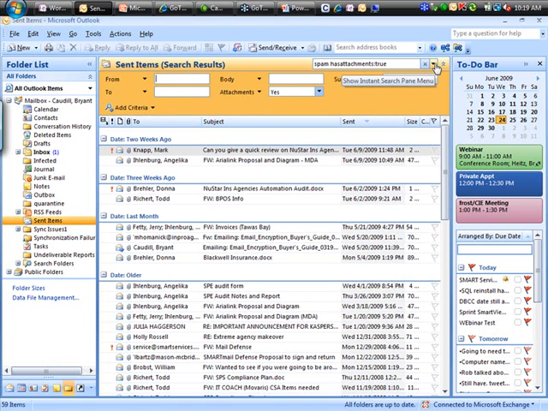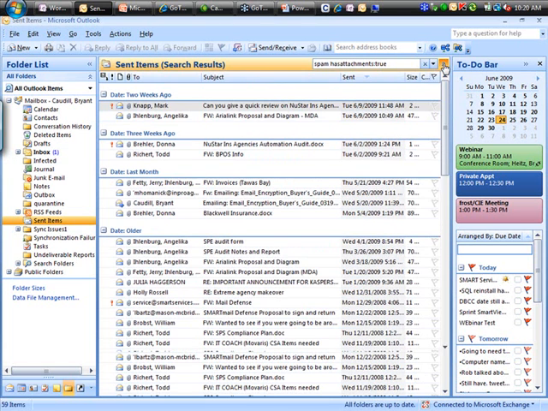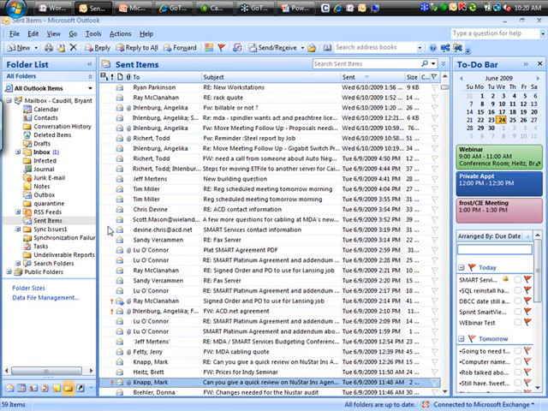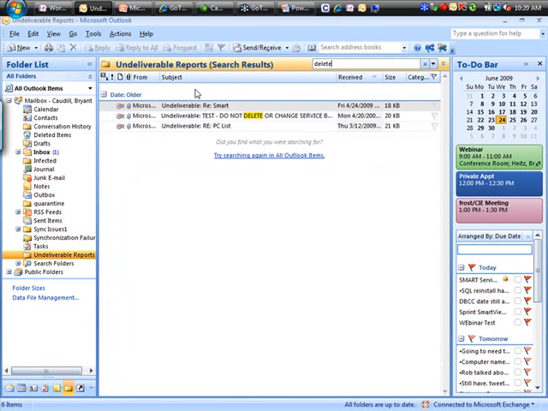I did this in my Send items, but you do also have the option to search from all Outlook items too. Just know that after you initially install Outlook 2007 or upgrade to it, the search database isn't going to be completed and ready. So if you do a search, and under your search you get a little red item right up here